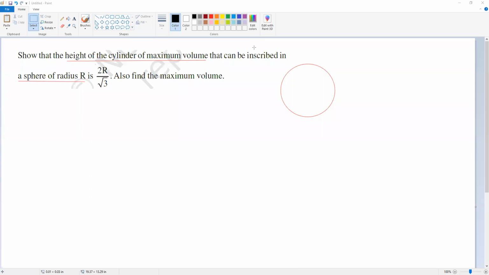And we are going to inscribe a cylinder in this. Like this. So here is the center of the sphere. हमें ये प्रूफ करना है कि